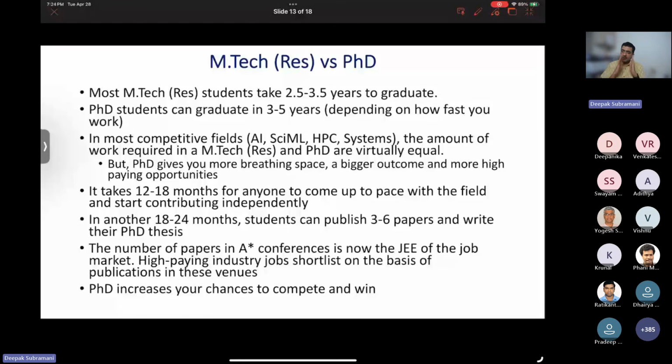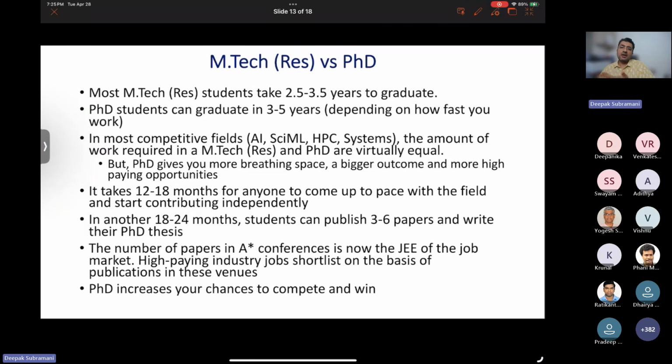The entry process for MTech research and PhD is the same, and it is different from MTech coursework. MTech coursework is a GATE-based admission where you do a lot of courses and a dissertation project. It's a 2-year fixed duration course, and you can sit for placement. That is usually the kind of jobs you get with a master's; the role profile is very different from the kind of roles that you get after a PhD or an MTech research, right? So with a PhD, it's hardly 12 months' difference between MTech research and PhD.